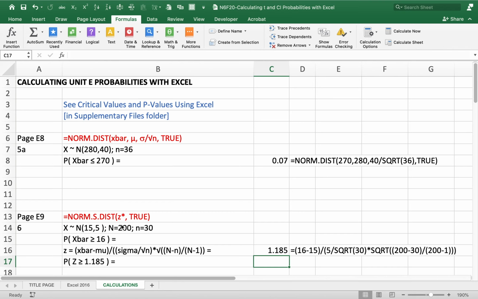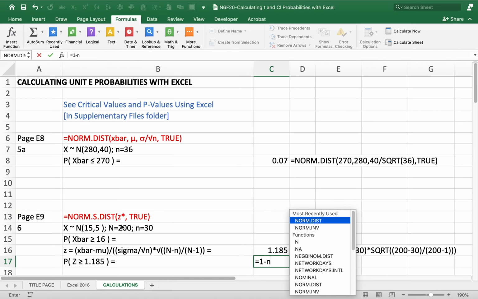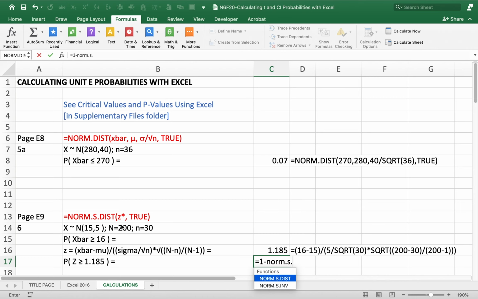In this case we're going up, so we'll do 1 minus that norm.s.dist function. Let's type that in: equals 1 minus, and instead of going to the formula builder, I'll just type it in here. Norm.s.dist,